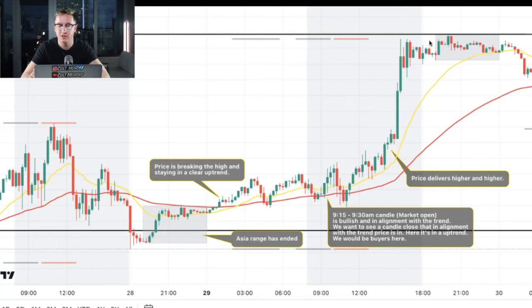So look at this, the 9:15 and 9:30 candle. Market open is right after that candle closes, is bullish and in alignment with the trend, the uptrend that we are in. We want to see a candle close that is in alignment with the trend price is in, an uptrend. Here is an uptrend, we would be buyers here. So as soon as that candle closes,